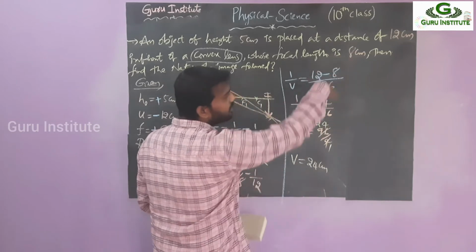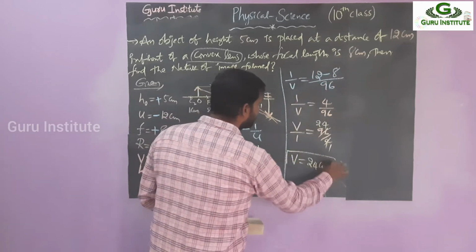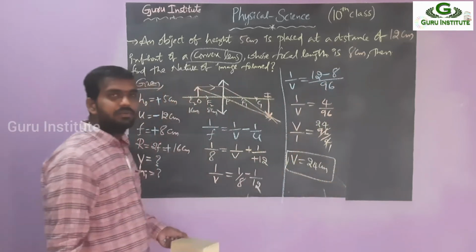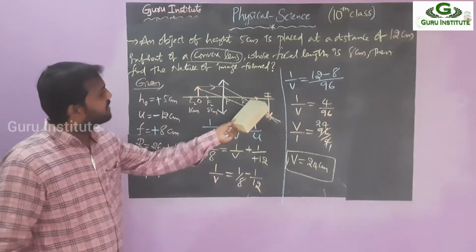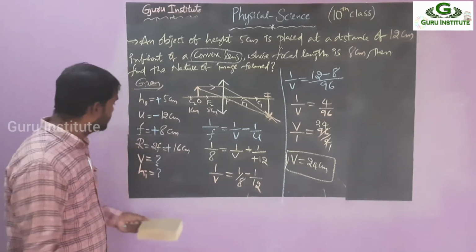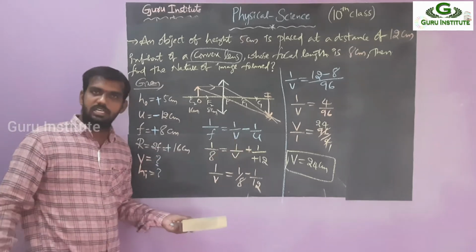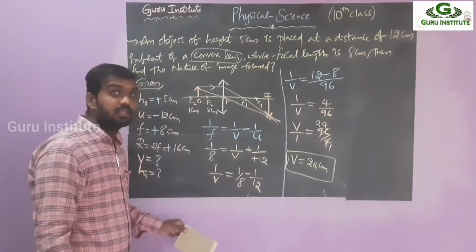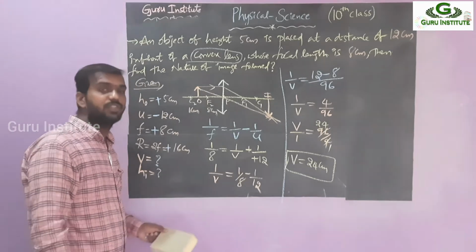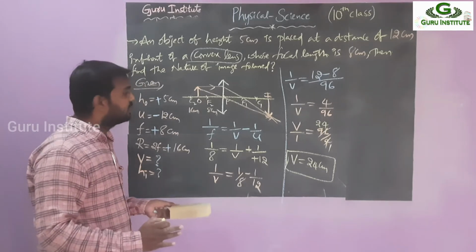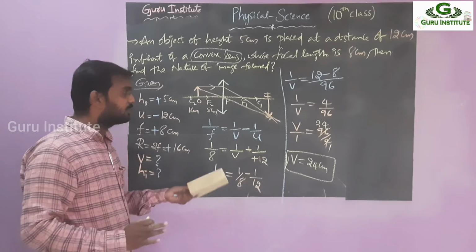He has given in centimeter. You can write centimeter, or meters. So let's check whether it is correct or not. So simply, after C. What is the C value here? 16. So you are getting 24. So your answer is correct. After C it is formed, right? Then again you have to check which one? Sign convention. So you are getting positive value. So it is positive or negative, we can check.